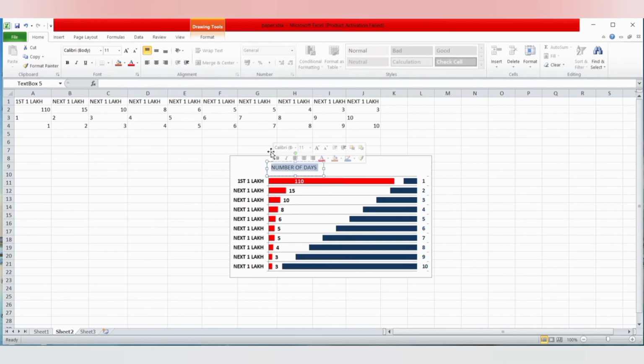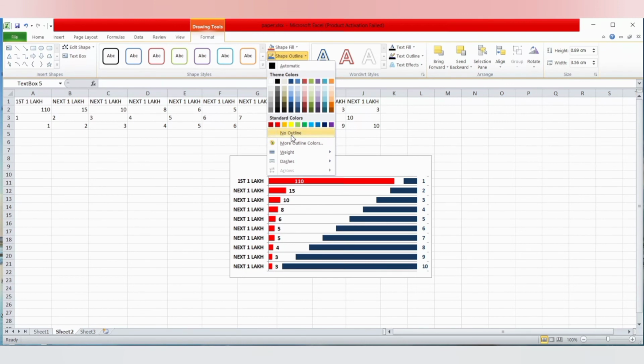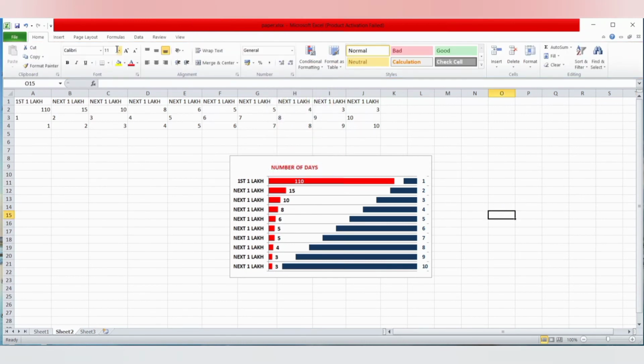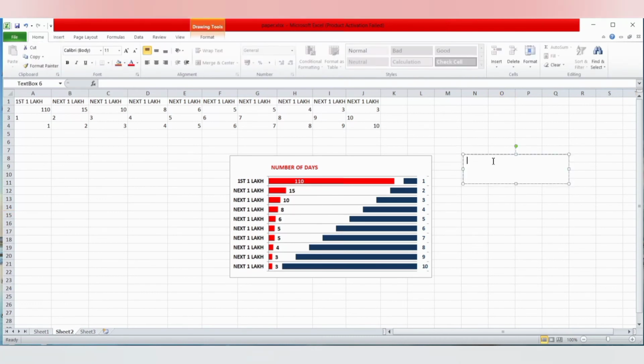We'll edit this. We select this, go to Format, Shape Outline, no outline. Okay. Again we'll go to Insert, Text Box, and write total infected in lakhs. We will edit this too.